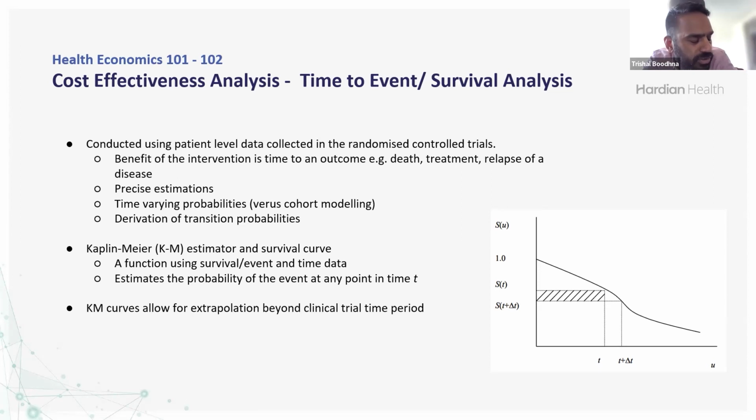In which case that lack of transparency is perhaps damaging to the relationship between the HTA body and the company submitting. So it's always better to try and go with the most basic model possible. If you can submit a budget impact model and that communicates your economic value story, that is the way you should be going. If you do improve quality of life and length of life, yes, by all means consider cost